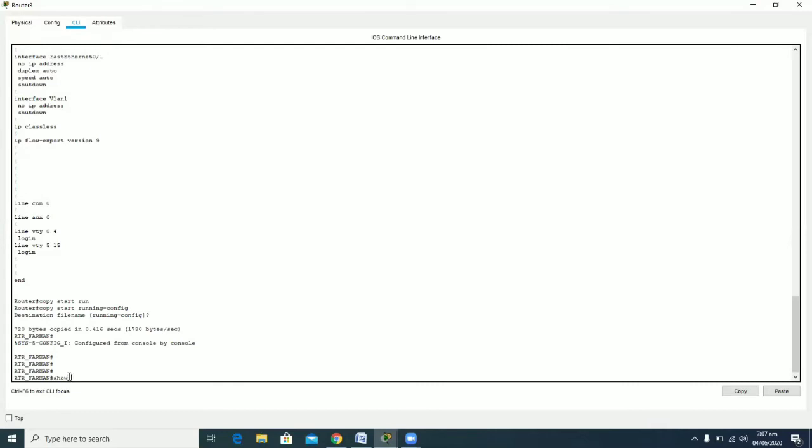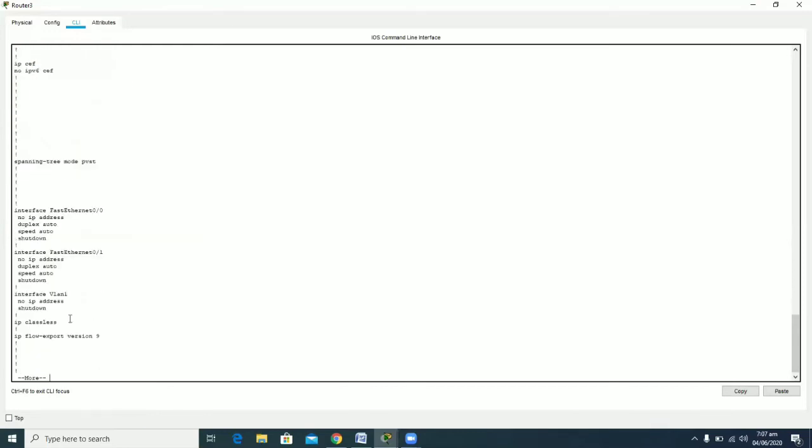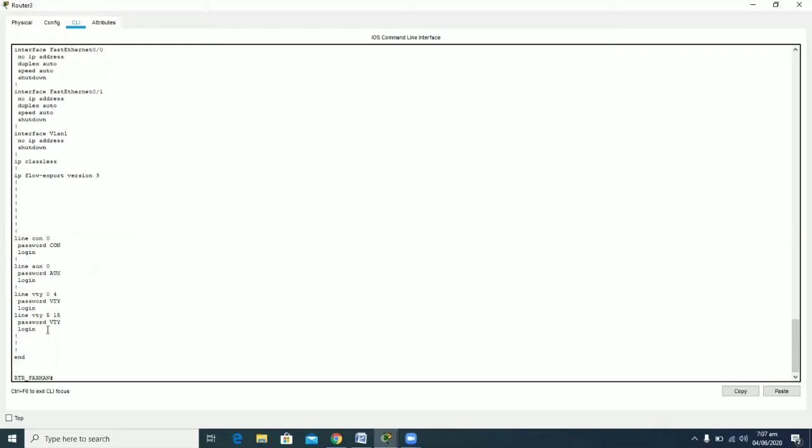And if you now check the show run command, then there you have the configurations same as that of the startup configurations. So now you can see that you have the passwords that are available to you. Now you have to remain in this mode. Don't leave this mode. If you leave this mode, then if you enter again by the enable command, the password will be asked, and that password, that is the Tanveer password, is forgotten by you.